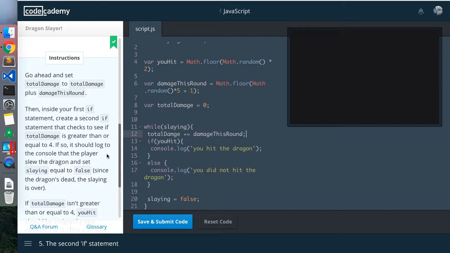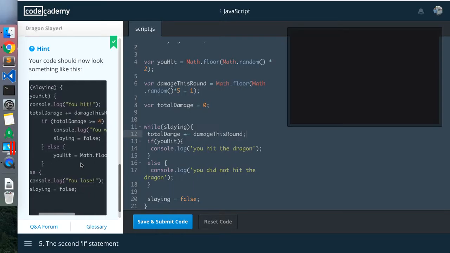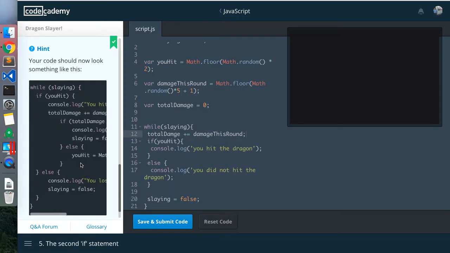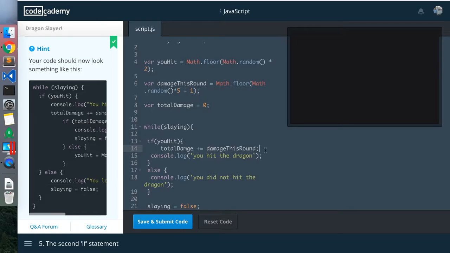And then inside your first if statement, create a second if statement that checks to see if total damage is greater than or equal to 4. Okay, so let me just make sure I'm doing this right. So if you hit, okay, so inside of here, all right, so I did that wrong. We're going to put this inside here, and then we're also going to have